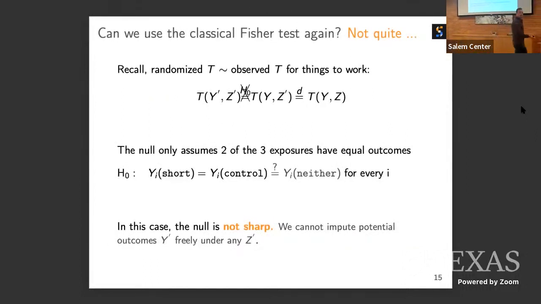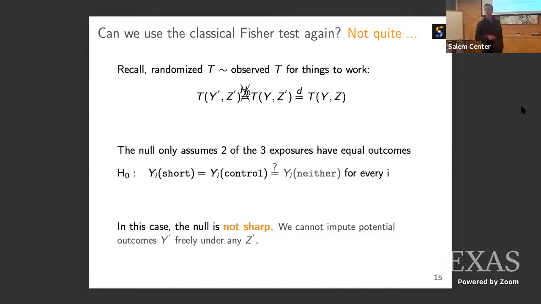So the first question that you would probably ask is, can we use the classical Fisher test again? Can we use our favorite Fisherian randomization test that has been around for almost 100 years? If you recall the proof that this is a valid test, we see that actually we cannot. And so this fails, and we are unable to use a classical Fisher test in this case because I can't